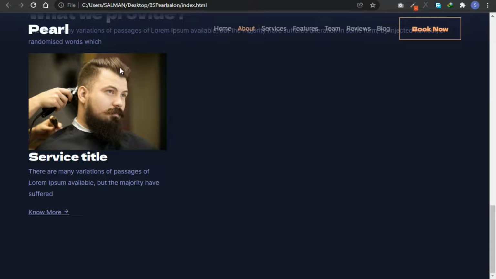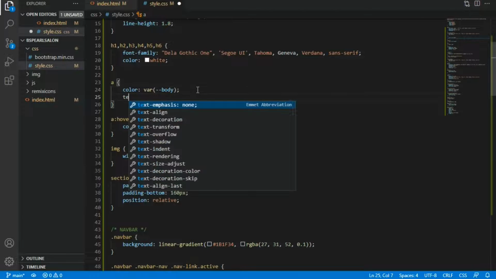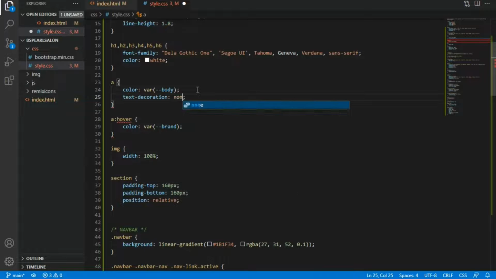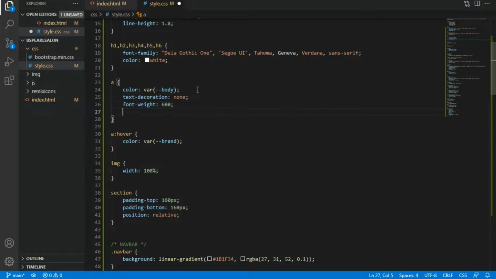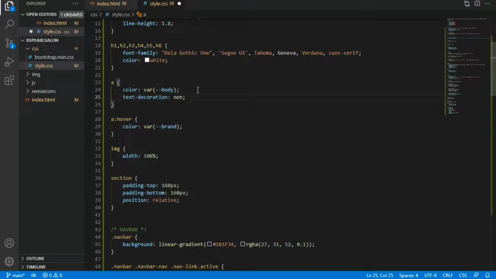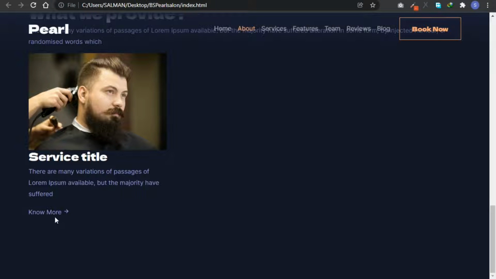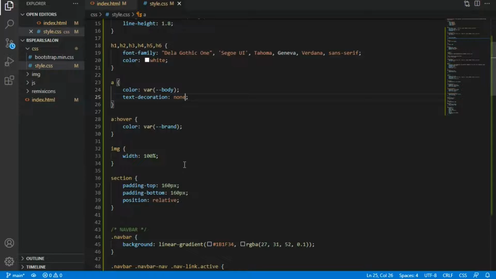Save it and refresh. So as you can see, I'm gonna remove the text decoration, none, and I'm gonna give a font weight 600. So I'm gonna set the text decoration to none. I'm gonna save it and refresh, and then I'm going to design